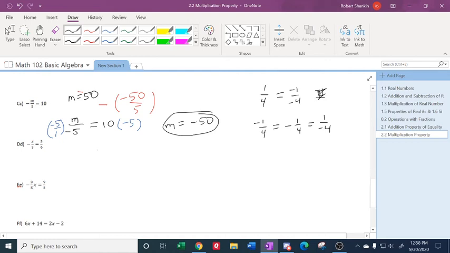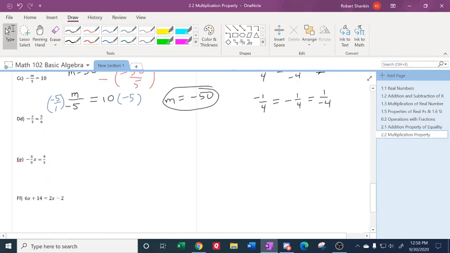Alright, and one last one. I'm going to jump down to e since we're running out of time. I usually put more than I can actually do here. Alright, let me write the problem again. Negative 3/5 x equals 9/5. What I'm going to do is put parentheses around that. And